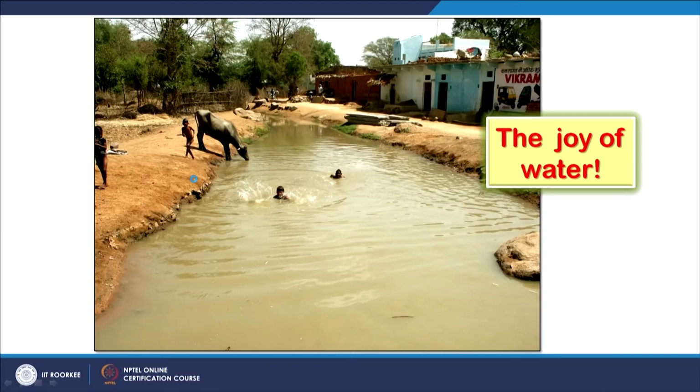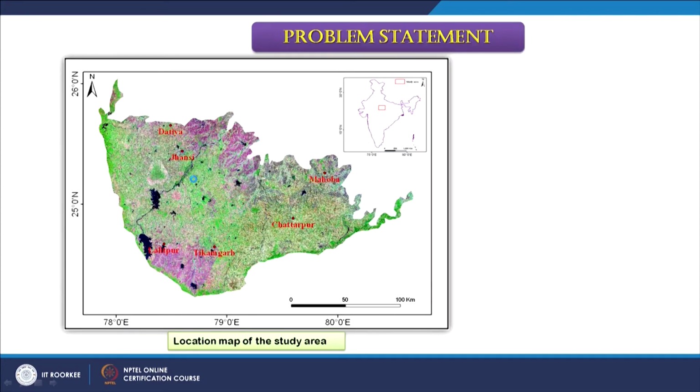And this is the joy of water in an area where these people did not have water and sufficient rain. And see, these are unlined canals. Because of the unlining of these canals, whenever there is water, they too recharge the groundwater regime. So even if there is water in these canals for just 1 month, it will recharge the groundwater regime, and your groundwater is getting enriched.